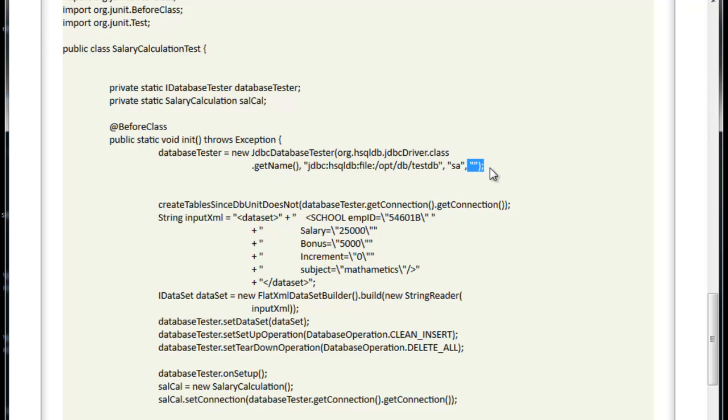So whenever we write a test case, the only difference is the database details we use for the actual test cases. At the top level we have created the database connectivity. For that database connectivity, instead of using actual DB details while writing the test case, we only have to use HSQL DB details.